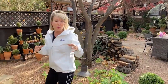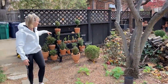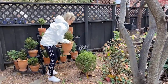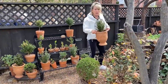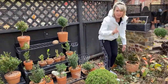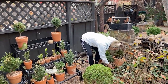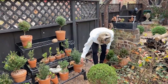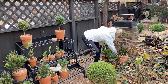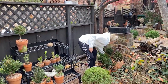Because it's been so warm, I haven't gathered all of my little potted boxwoods, and I'm gonna do that. This one has one of those cute little egg trellises on it from my QVC line. Stuart, let's put a link above. So I will just put all of these guys together like this, huddled up against this fireplace,